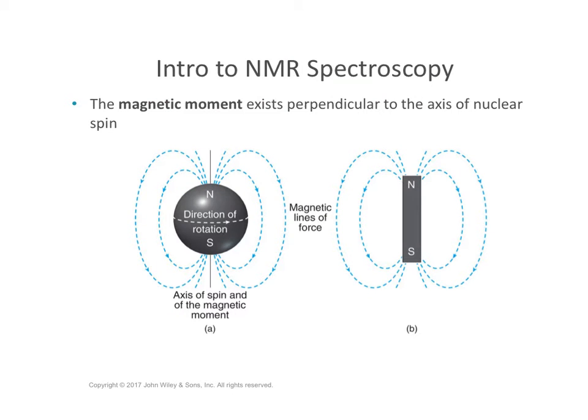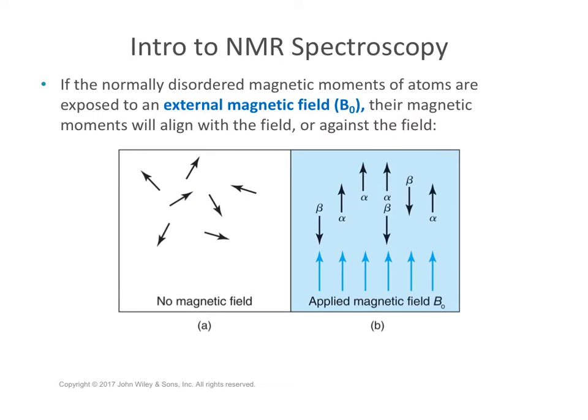So here is an illustration of the magnetic moment which exists perpendicular to the axis of nuclear spin. Typically, magnetic moments of atoms are disordered. However, if they are exposed to an external magnetic field, which we often represent as B naught, B sub 0, their magnetic moments will align either with the field or against the field. A magnetic field has a direction to it, and if these magnetic moments are in the same direction, they're parallel and they're with the magnetic field, and if they're pointing in the opposite direction, that would be considered against